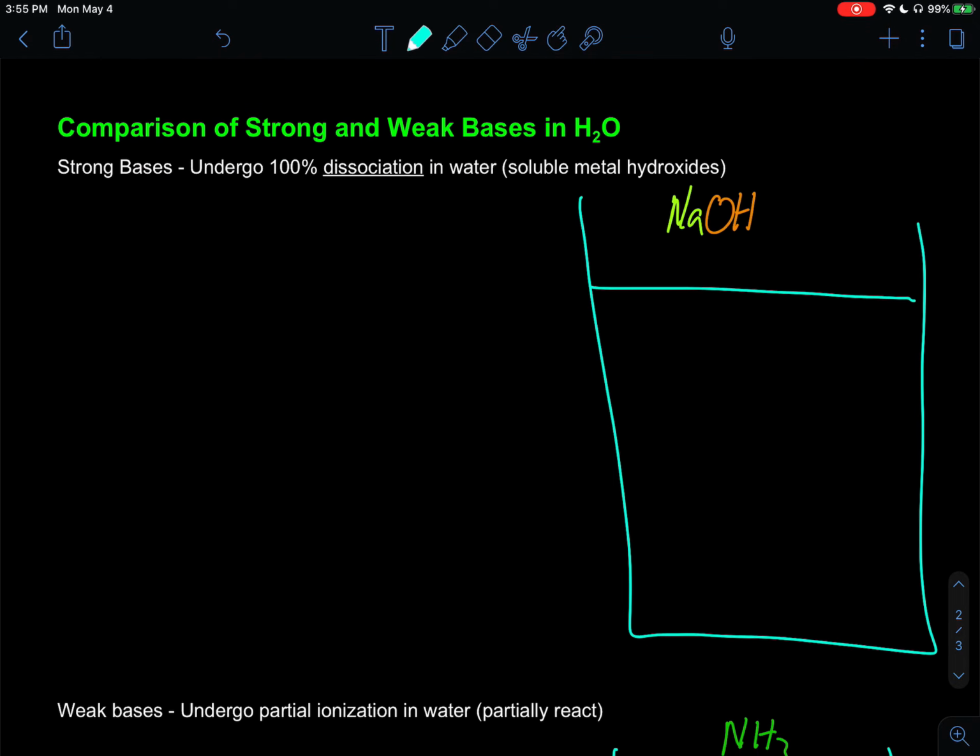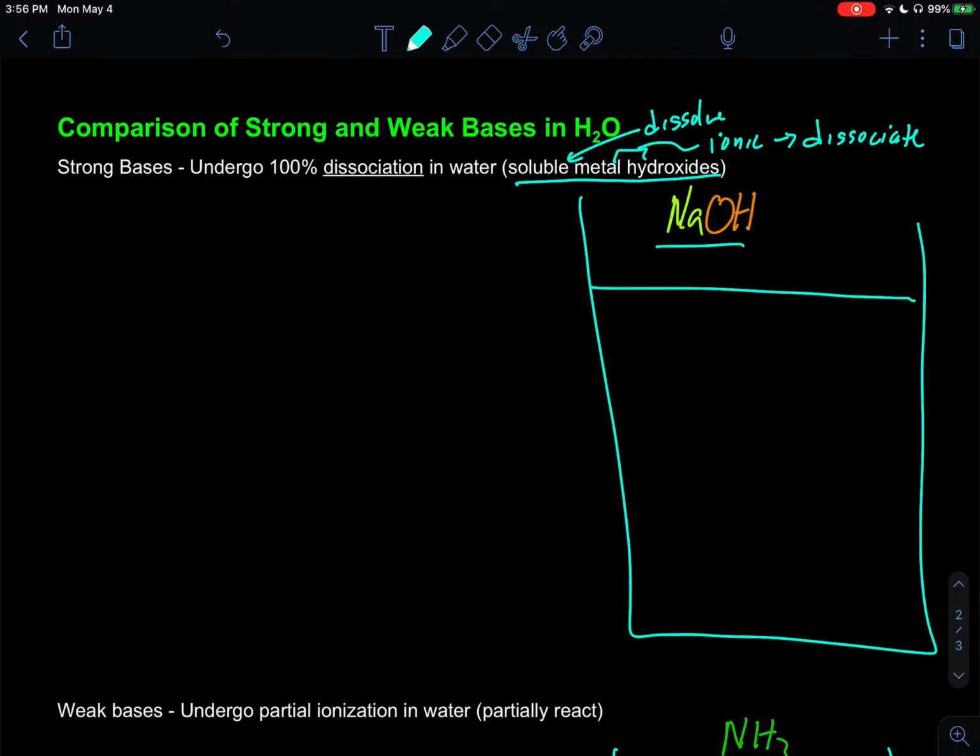Now let's go ahead and look at our strong bases and our weak bases. We're doing this in hopes of understanding what the solutions look like, but also how we write these reactions out in water. So here we have a strong base, sodium hydroxide. What we'll notice about all of our strong bases is that they are soluble metal hydroxides. Because they're soluble, they are going to dissolve. And because they are a metal hydroxide, they are an ionic compound that is then going to dissociate. If it's not soluble, it won't dissolve, and if it doesn't have hydroxide in there, it's not going to dissociate to give us